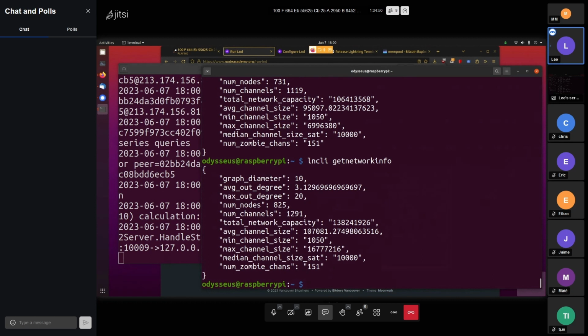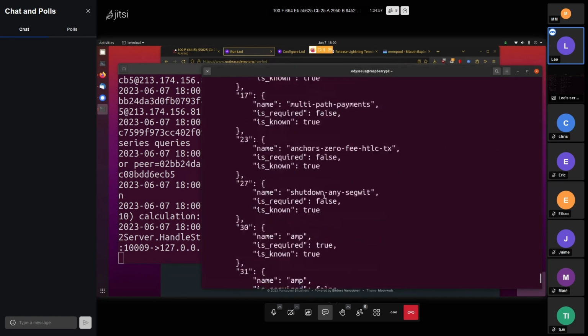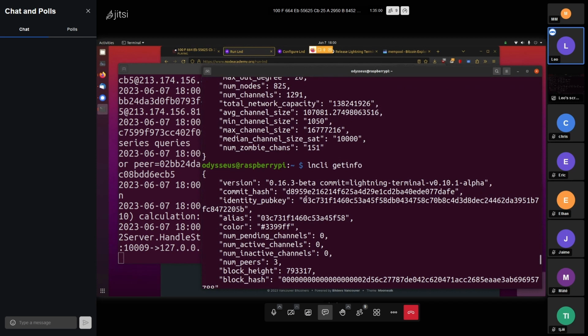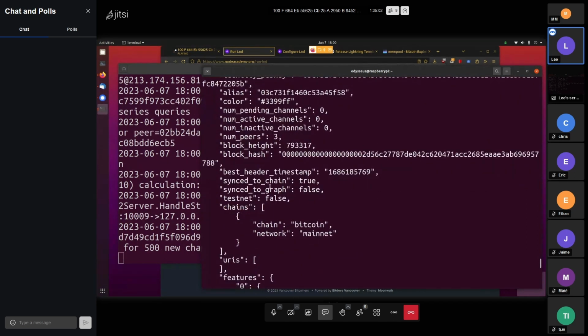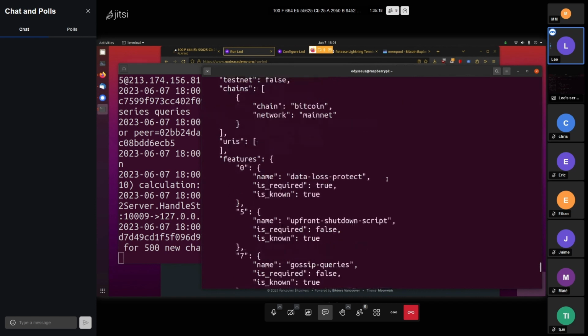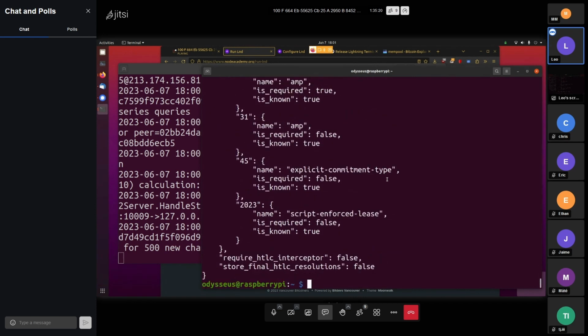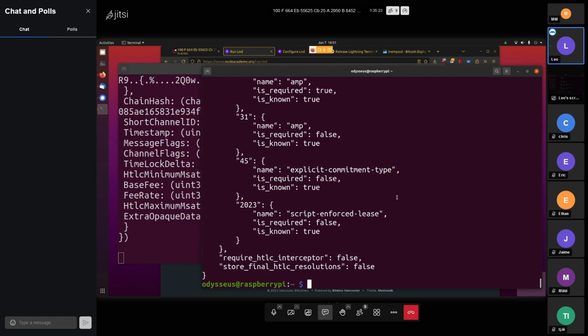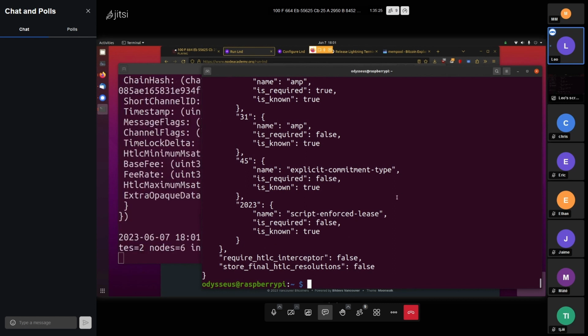So once you want to make your first Lightning payment, you need LNCLI get info to return synced to chain true and synced to graph true. Now what I need from you is to follow the steps in our guide, and then run LND. Once you have created your wallet, back it up, don't tell anyone, use a good encryption password, and once it's running,